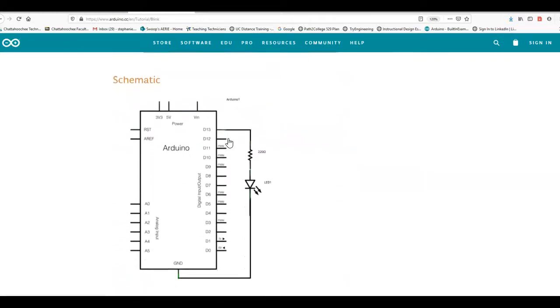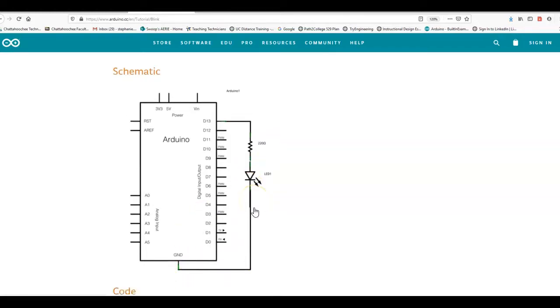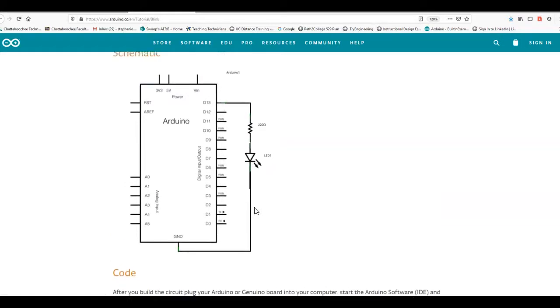Also, we have the schematic. There's always a schematic, right? So this is a chip diagram for the circuit that you're going to build. Basically, this rectangle represents the Arduino right here, and then you have your different pins. As you can tell, we see right here that a resistor is connected to D13. The other side of the resistor is connected to your LED. Then your LED is connected to ground. So that's our schematic. So now let's build that schematic